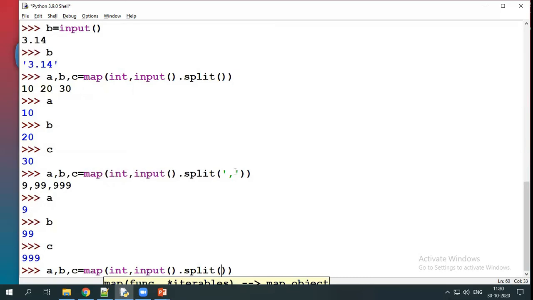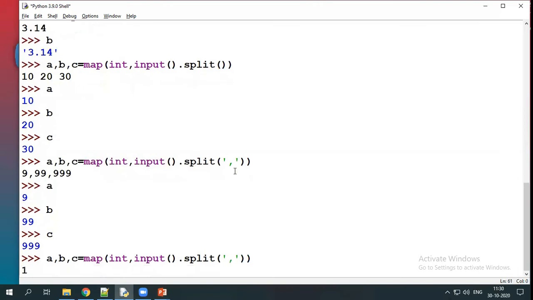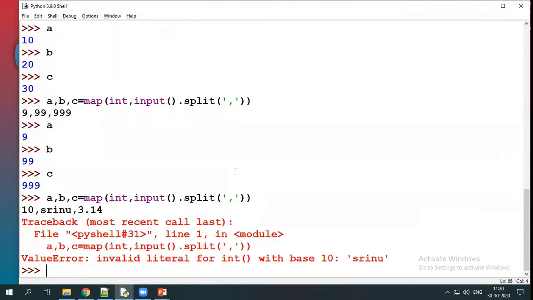Let us check this one, split comma. Here the first I am giving an integer, next some string, next some float value 3.14. It will throw an error. It is not possible in this case.